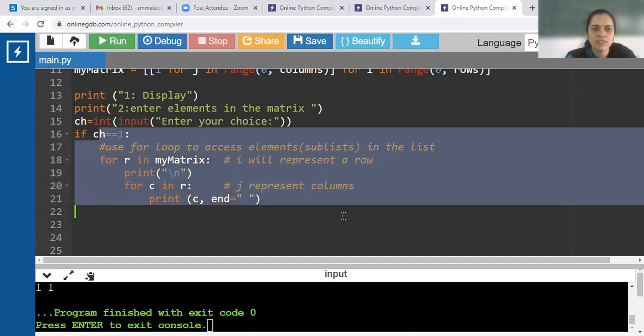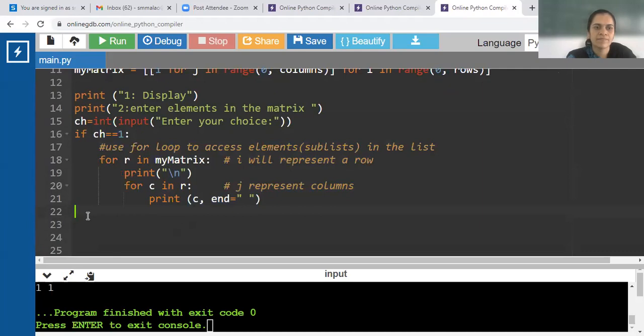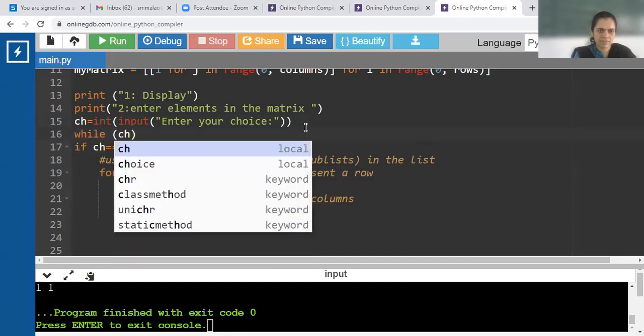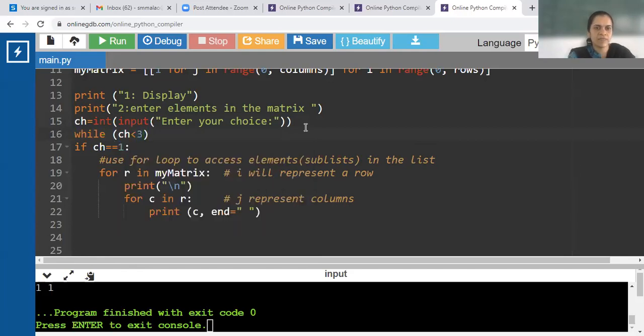Have you understood this? And this has to be kept in a while loop while ch is less than 3, because we are having only 2 choices over here.